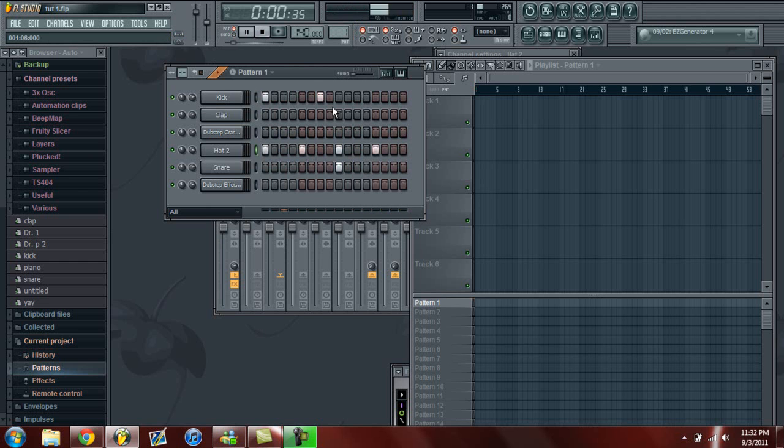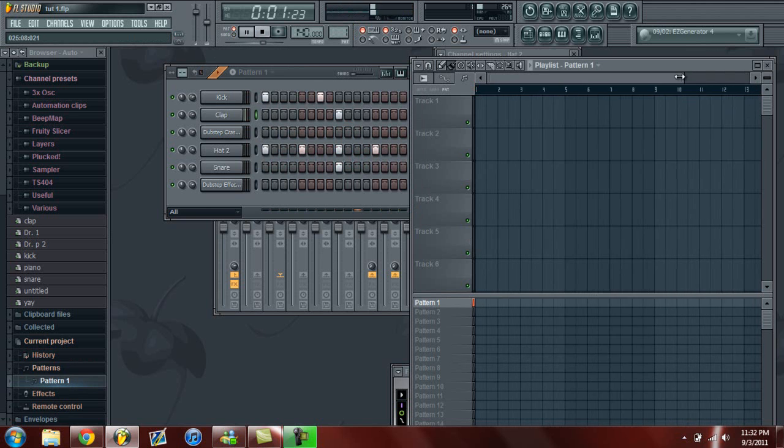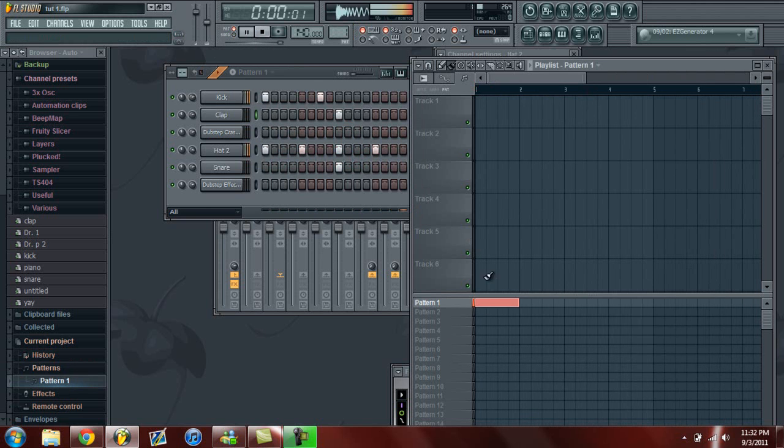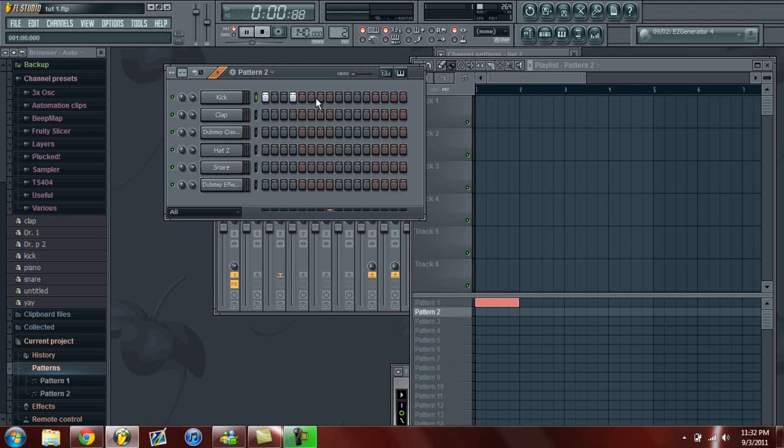So like I got my first bar going here. Okay, so I'll stick that, or let me shrink this down a little bit. Put this in here. Then I'll create a pattern 2. Switch up the beat. You don't want to keep the same beat going, otherwise it just ruins the point, okay? So do something like this. Put that in there, so when you hear it,